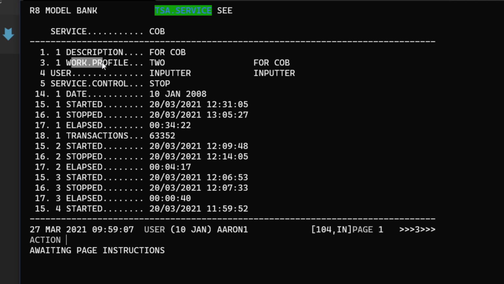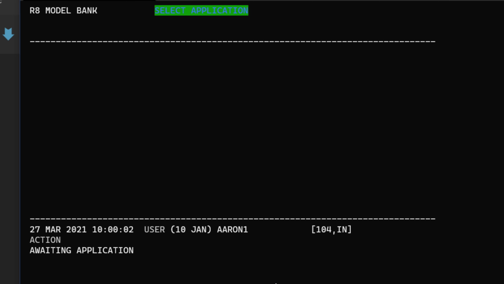Now, the work profile defines the number of agents which are used to run COB, and where this is defined, basically there are two ways to do that. If I try to change this, so if I do TSI COB,